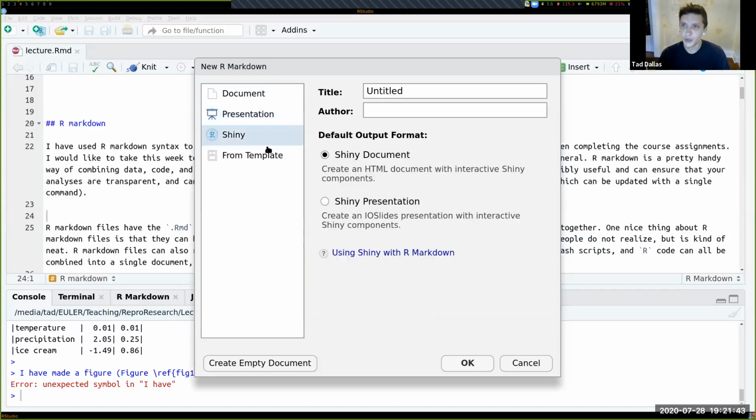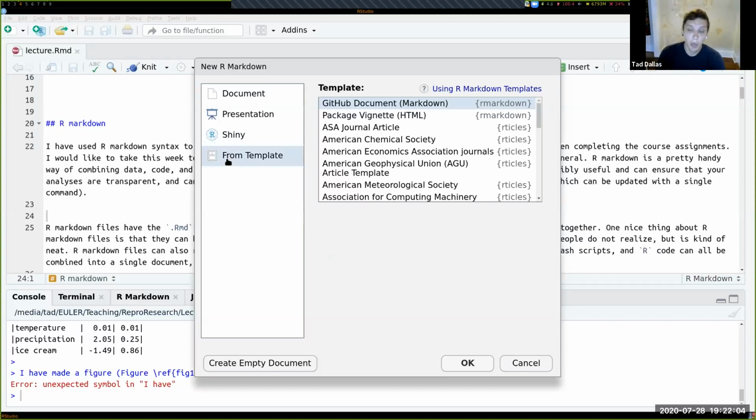It also allows you to do Shiny apps. Shiny is a way to make interactive graphics and documents, with some sort of control from the end user, and they're typically hosted server side by the shinyapps.io people or other places you can self-host. But what we're going to focus on is writing academic research articles from these templates.